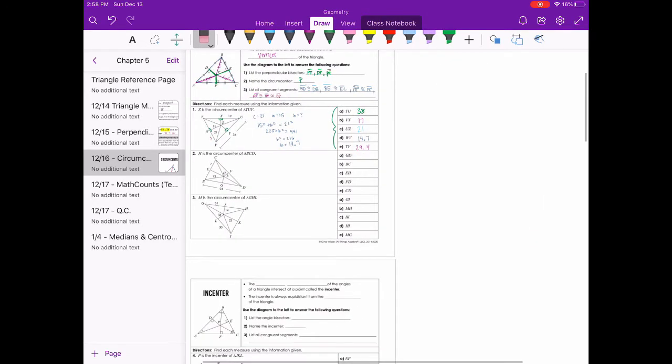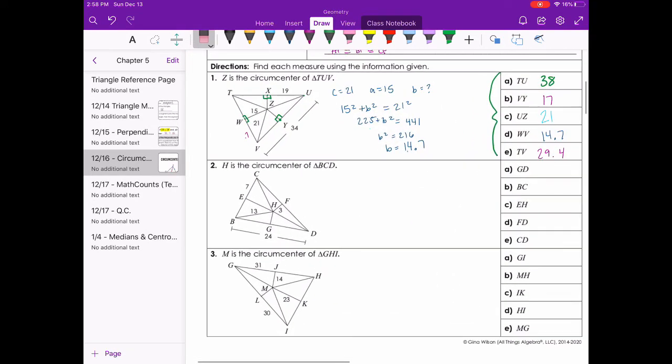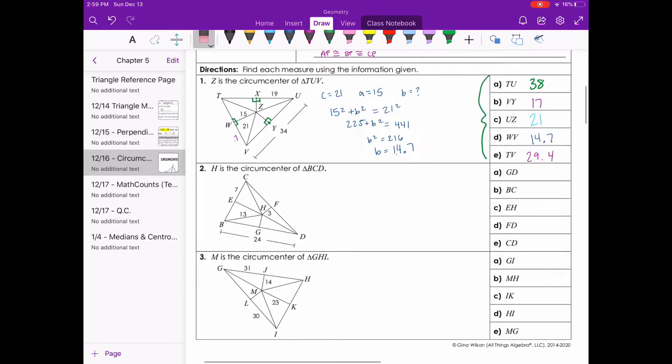All right. I will do one more circumcenter one with you, and then we'll move on to the incenter. I'll just do number 2, I guess. So GD is right here, connecting my circumcenter to a vertex, and I know that the distance from all vertices to the circumcenter is the same. So if B to H is 13, then